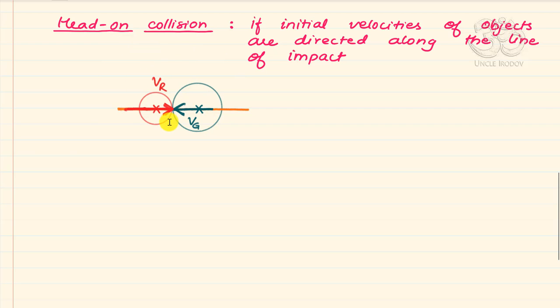So in case of a head-on collision, you will have to ensure that the velocities Vr and Vg are directed along the line of impact, and that also helps us to define what is an oblique collision. So when we have an oblique collision, the velocities may not be directed along the line of impact. So if I just take this figure,